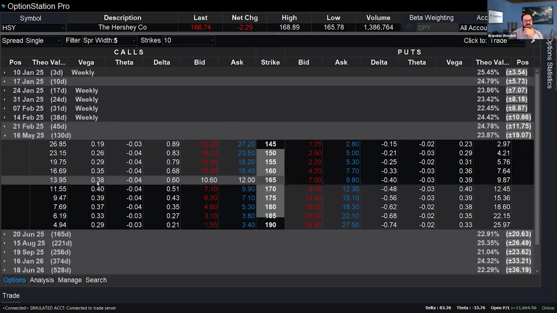But here's the thing. We've got theta time decay of 4 cents. That's nothing. However, we have a vega of 38. So basically, we're looking at a move of 10%, 38 cents per percent, right? So that's $3.80. Let's say we bought it for 12 bucks. I think that's going to be high. What's the theoretical value? Actually, theoretical value is 14. So we could buy this under value for the call, and the put is pretty much at theoretical value.